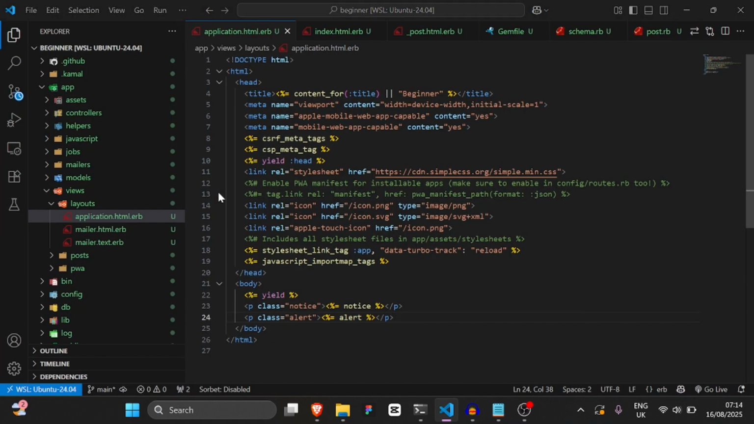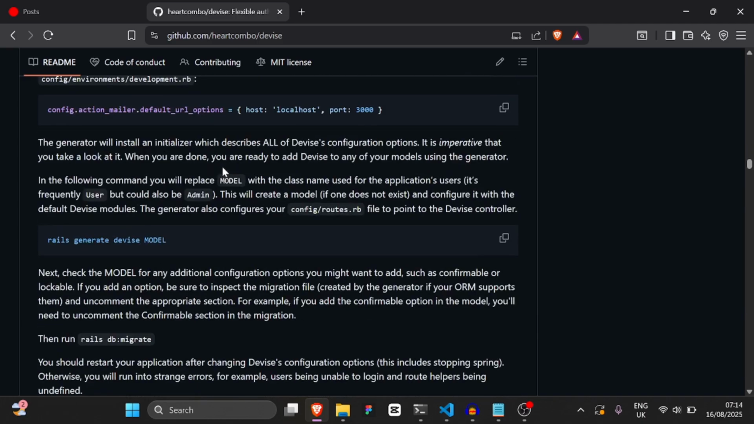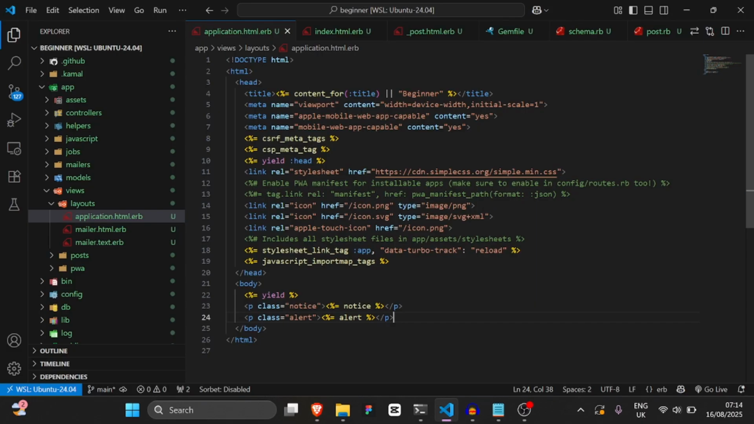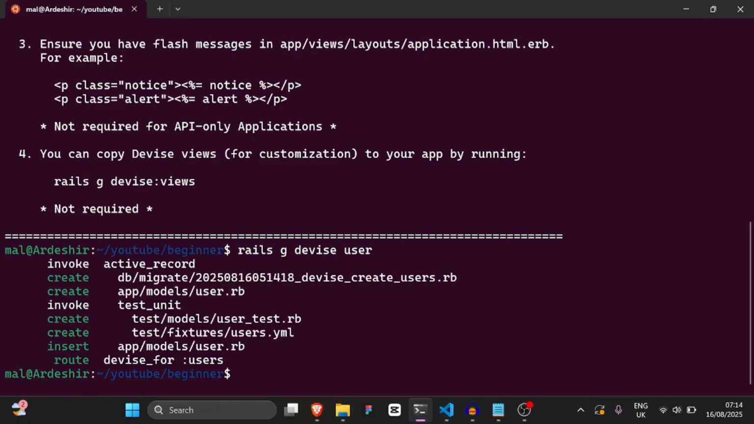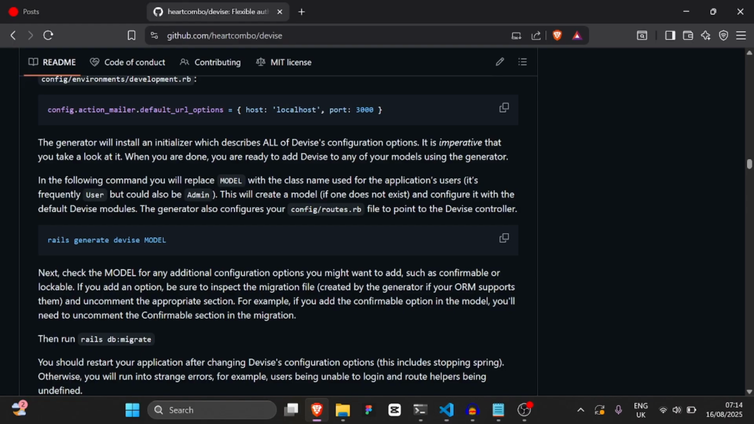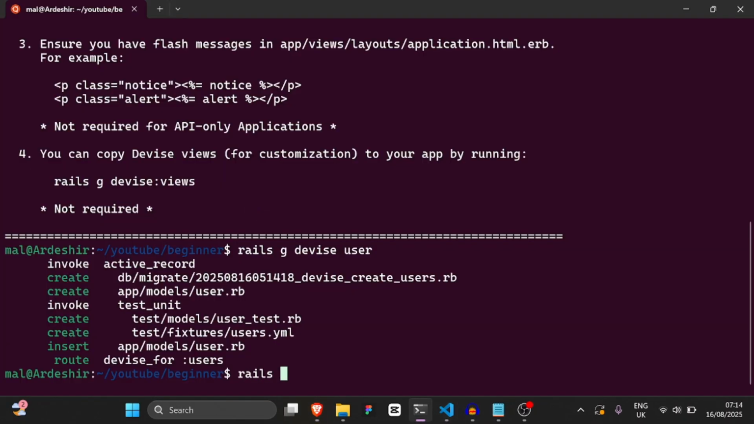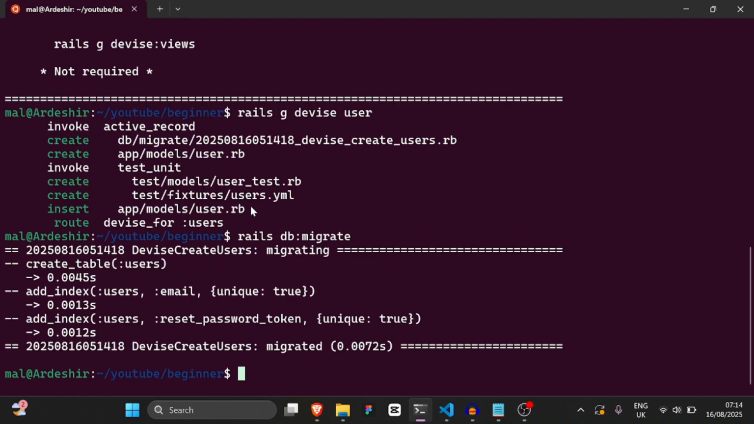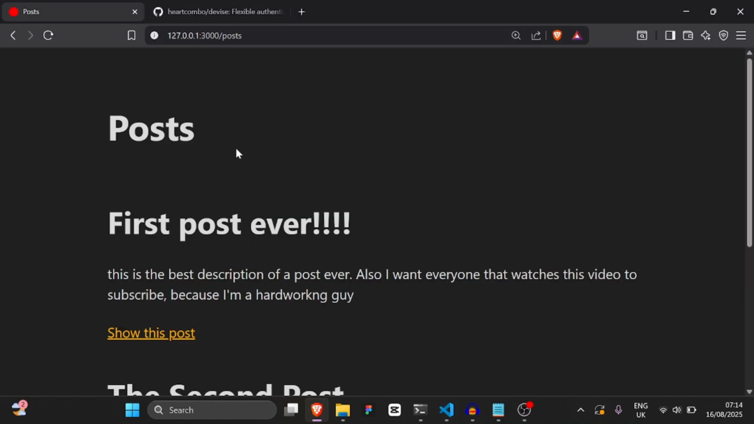So now that we've done all that, we need to go back to the documentation and follow what it's saying. We actually need to generate a model. So let's run rails g devise user. This is going to generate a user model, which is the most common model you can create with Devise. And then we can just run rails db:migrate. What we can do is actually just run the Rails server and check if our application has changed. As you can see, it's not going to have changed. But one thing that will have changed is that